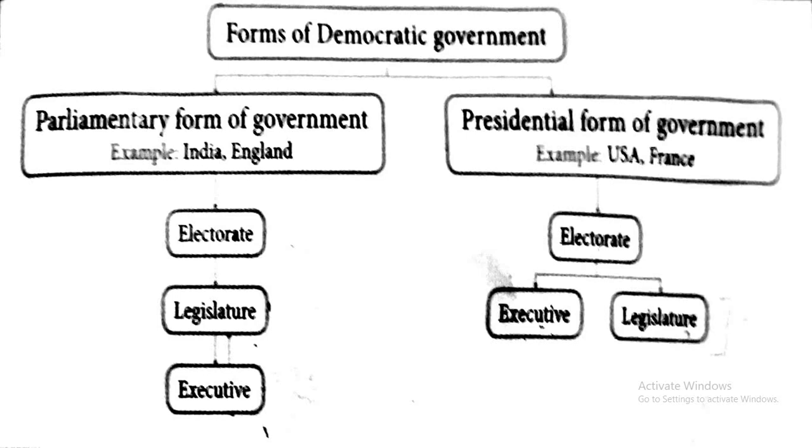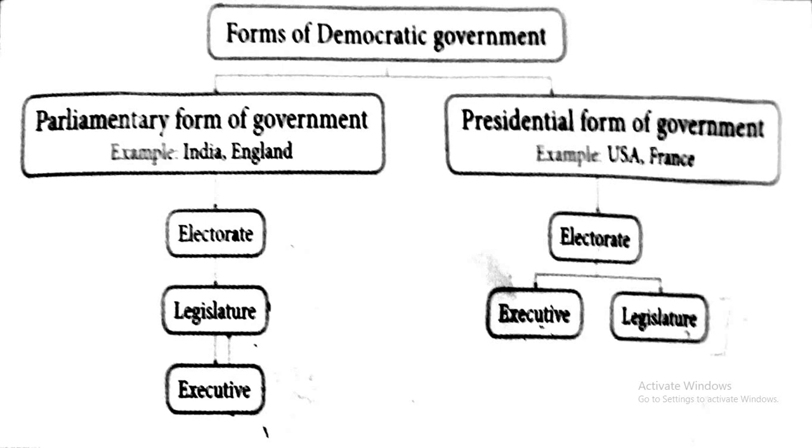Forms of democratic government. Here we see two forms of government. One is the parliamentary form of government and the other one is the presidential form of government. Before entering into that, we'll see what is electorate, legislature and executive. Electorate is the collective people of a country, that is, we talk about the number of votes. Legislature is to make laws. Executive is to execute the laws. Well,